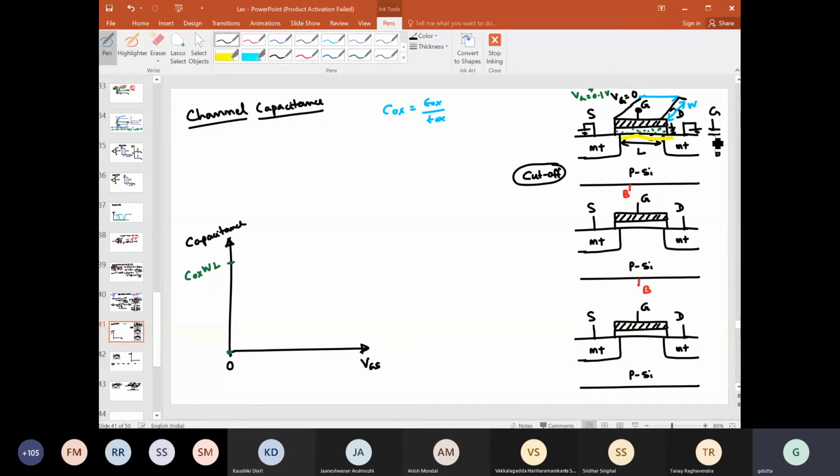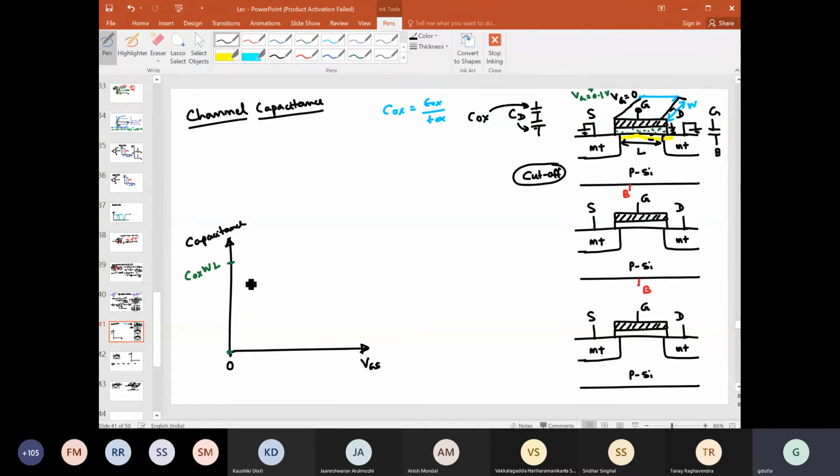So with separation T ox alone you cannot really do it from here, because now you have two different capacitances. One is this C ox, and the other one is this depletion capacitance, right? And these two capacitances are coming in series. This is C ox and this is CD. Then the overall capacitance will be C ox CD by C ox plus CD. Means the overall capacitance will reduce.